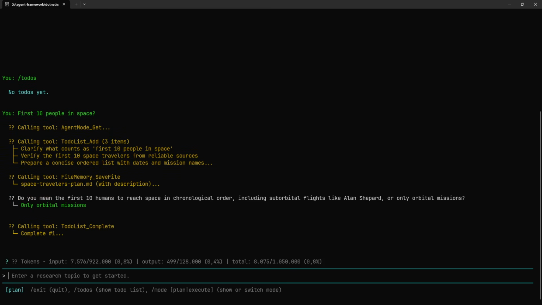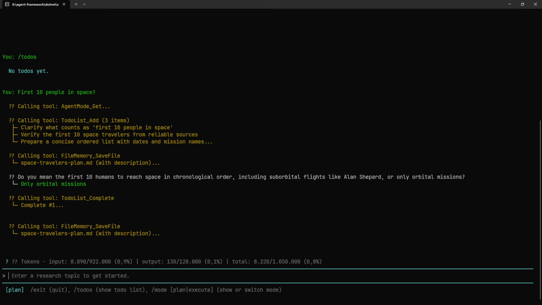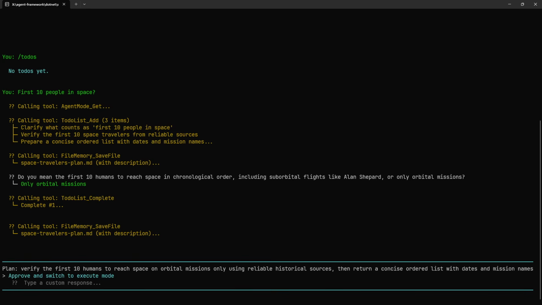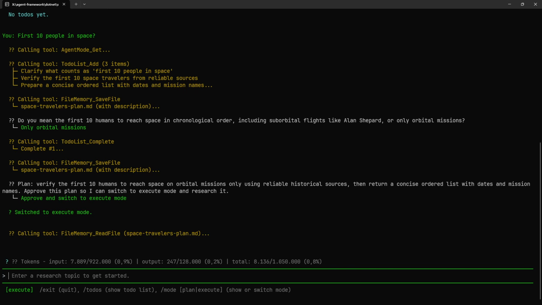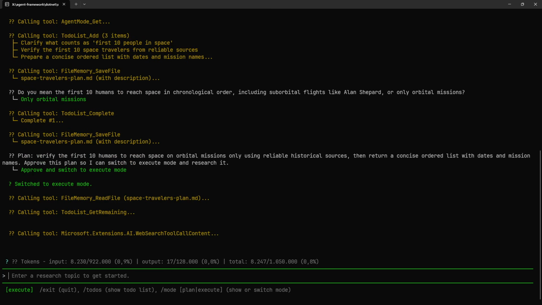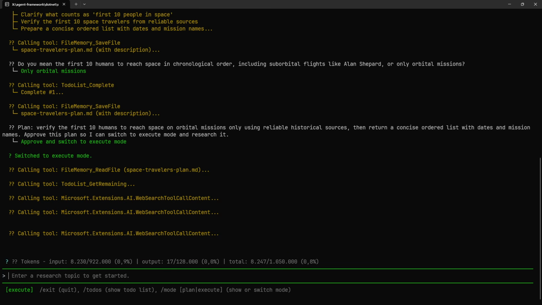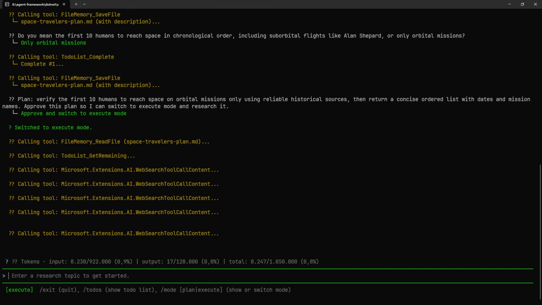So these are just the instructions of asking for clarifying questions and all the work around getting this UI to work. And it works in some places. Here you can see it just goes off the screen with the response and not wrapping. But it's now asking, are we okay with this plan? And do we want to execute it? And let's execute it. So now it switches into execution mode. Reading the plan, getting the to-do items, doing a bunch of web search calls now.